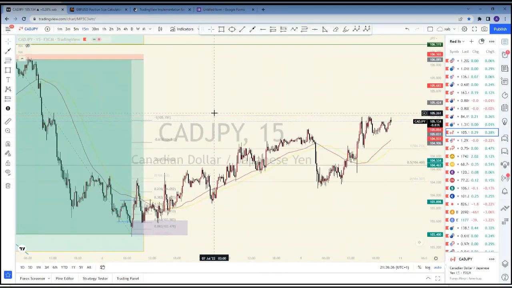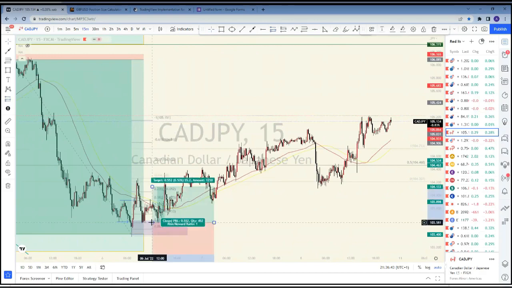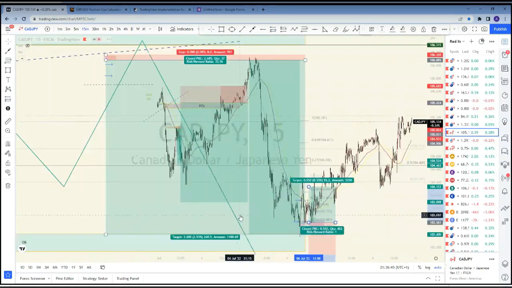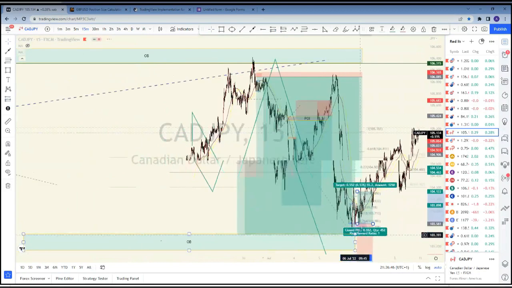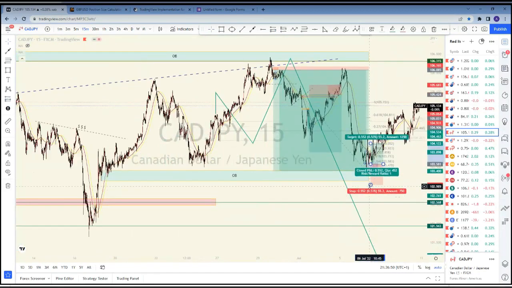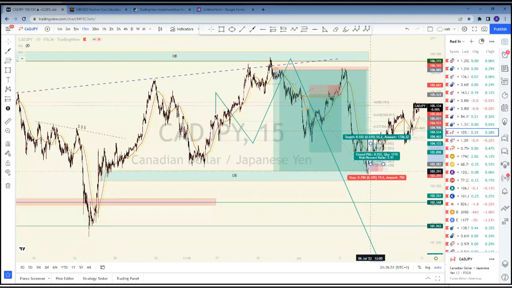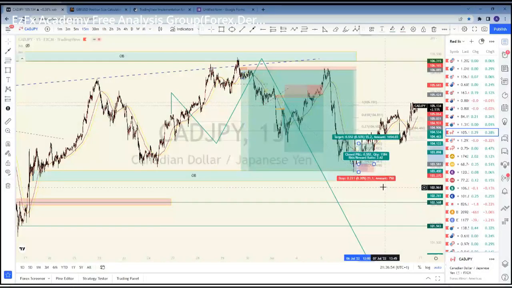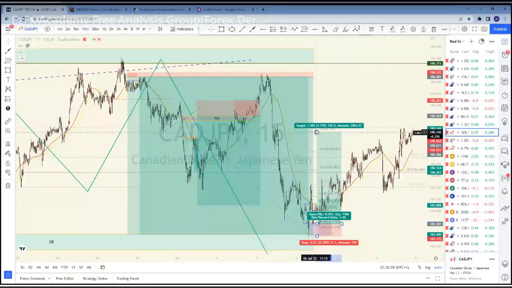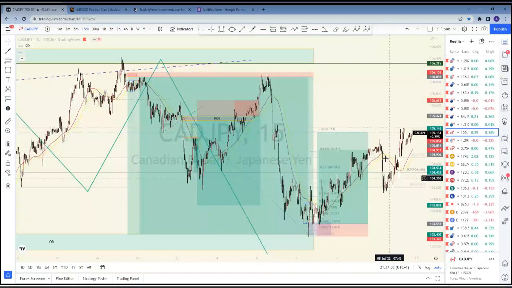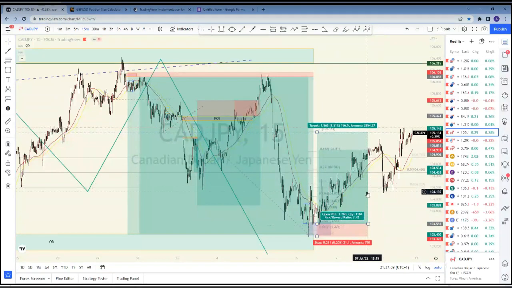And sincerely, if you're taking this trade, let me just quickly show you what that would have looked like in terms of risk to reward. Just so you know that this is something that works, and it's something that I would advise you to work with as well. And then we had TP5 already. This was TP5 already. So now this is basically how it works for me. Let me quickly remove this.